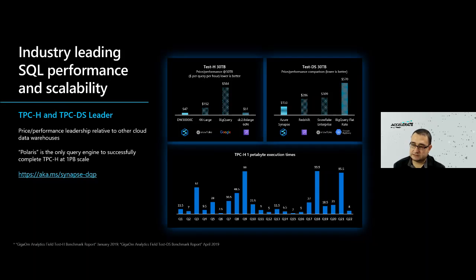And as part of this distributed relational engine and specialized engine that powers Synapse, which some of you may know as the Azure SQL Data Warehouse. That was the previous name, or the initial incarnation, of Azure Synapse, now branded as Azure Synapse instead of Azure SQL Data Warehouse. And the use of this specialized distributed engine called the Polaris engine has allowed Microsoft to outperform a lot of the other cloud platforms and other analytics vendors out there.